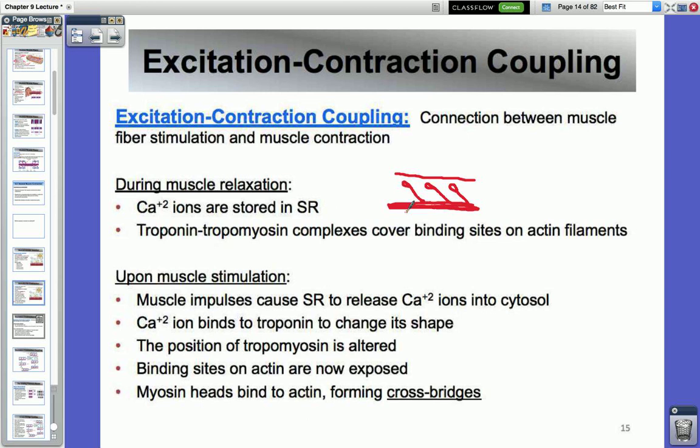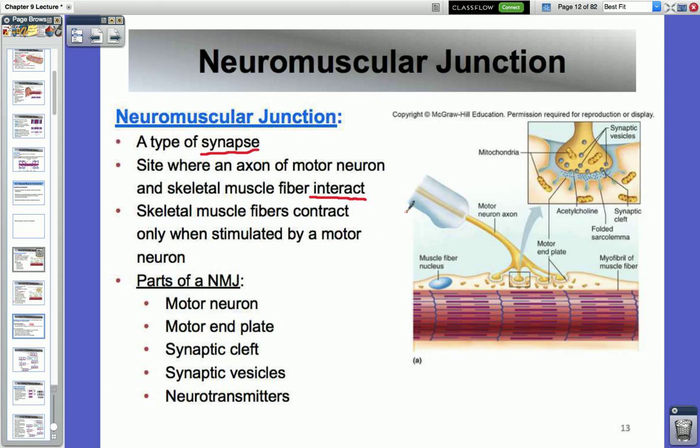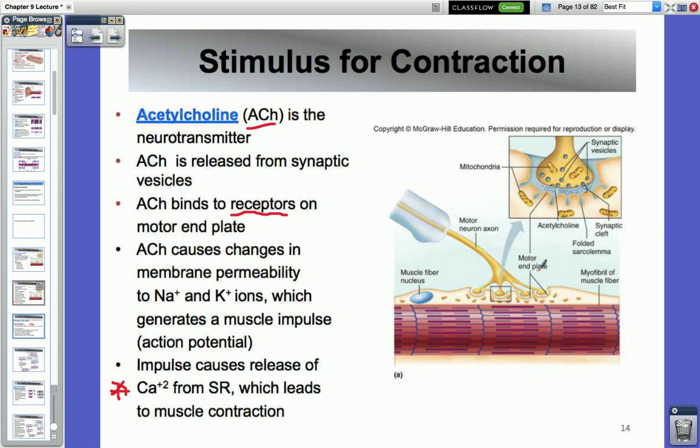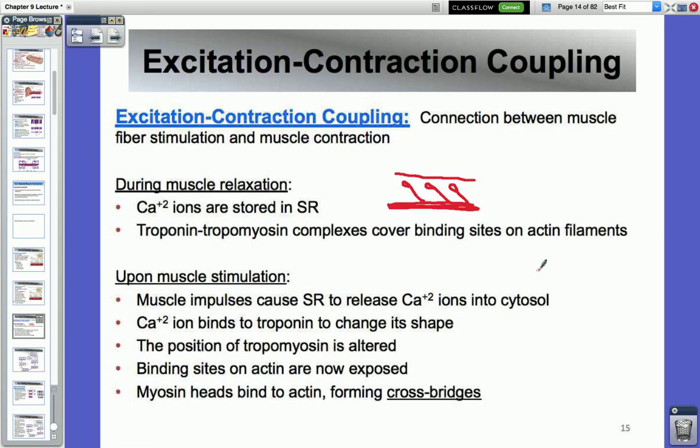Okay? But remember, going back a few slides, going back to this slide, we have tropomyosin that's in the way. It's actually covering the actin binding sites, and so that means that myosin cannot bind to it. So we have to have a way to kind of get them out of the way so that myosin and actin can bind. So listen up if you're not already listening. What's going to happen next is when calcium is released,